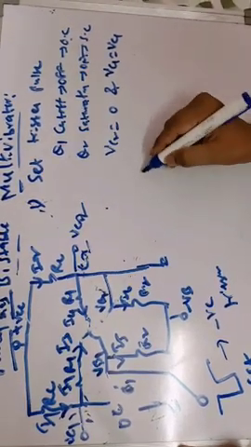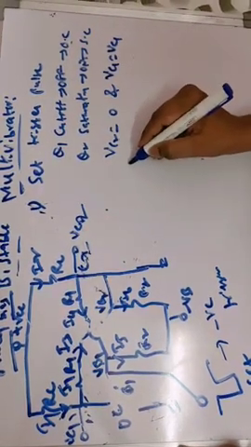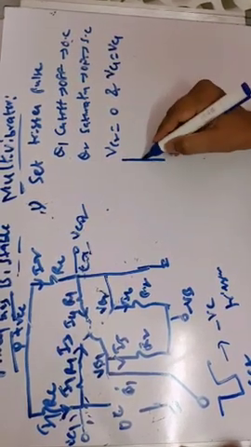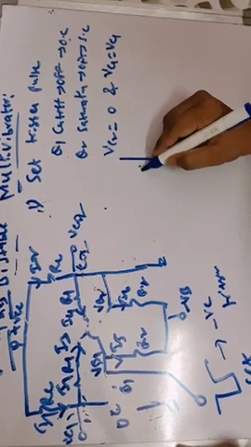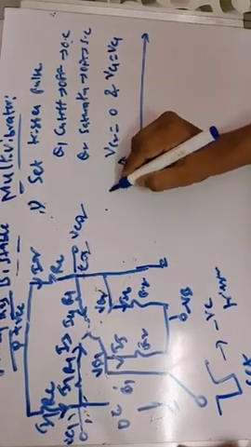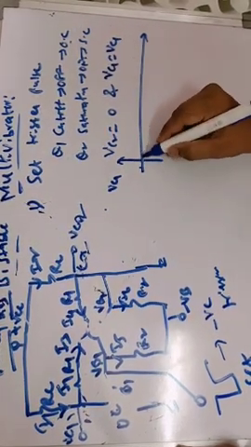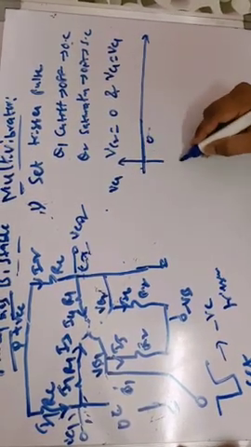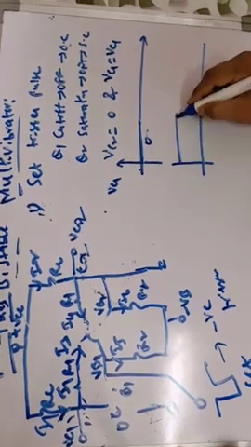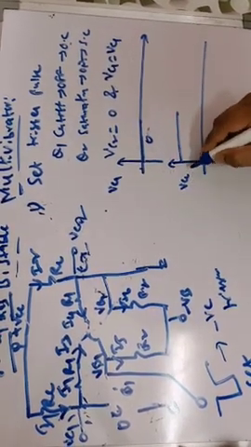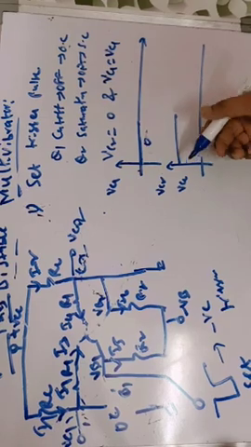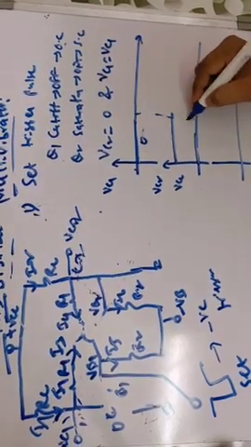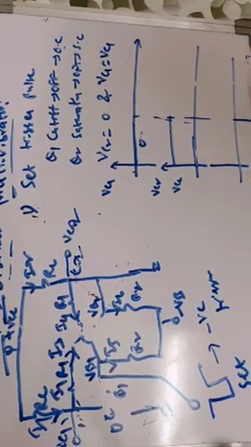Now what happens? We will see the output waveforms when we apply a triggering signal here. So as we discussed, this is VC1. Initially, we discussed, this is in the off state, this is like 0. Now VC2 is equal to VCC. Initially we have come to the conclusions of these two, and when we apply a triggering pulse at this location, for example at this point of time we applied a negative triggering pulse.